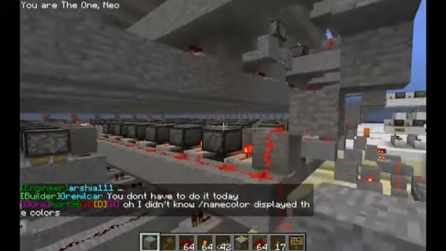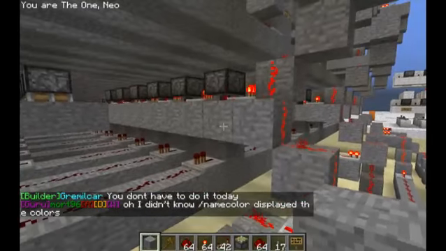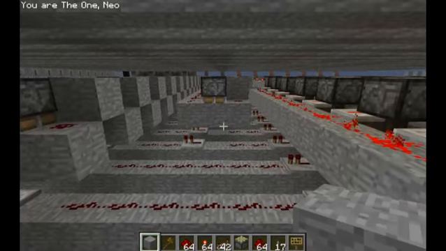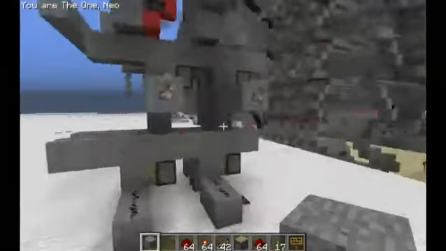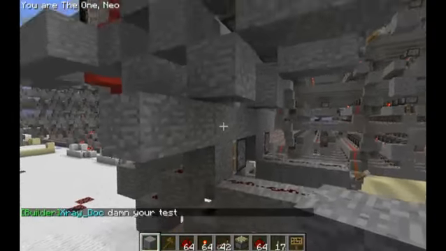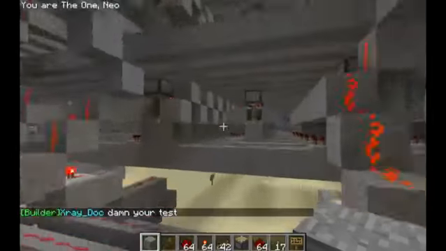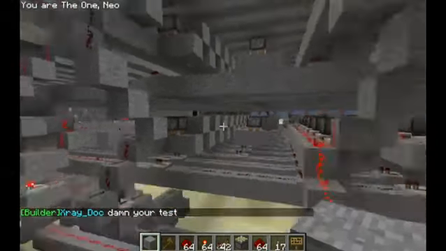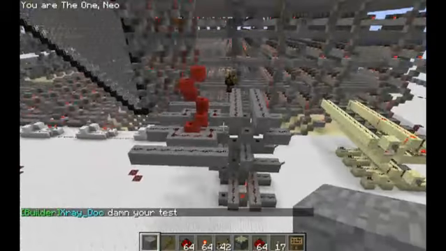Wait, 1, 2, 3, 4, 5. This is actually 5. So it might be a little bit shorter than the existing system, because we got 1, 2, 3, 4, and these are 1, 2, 3, 4, 5. Yeah, so it is definitely shorter,